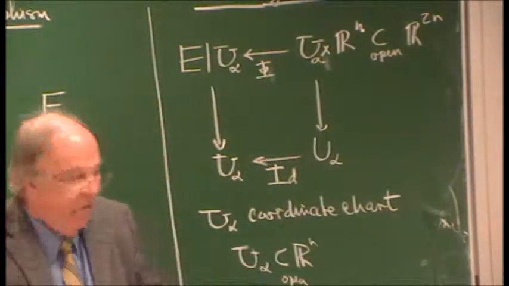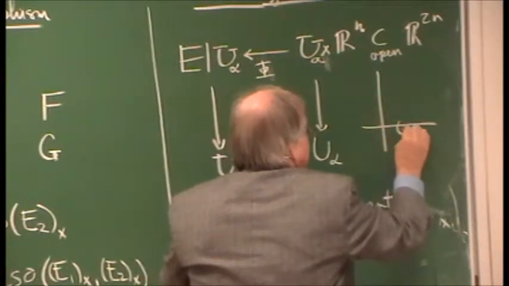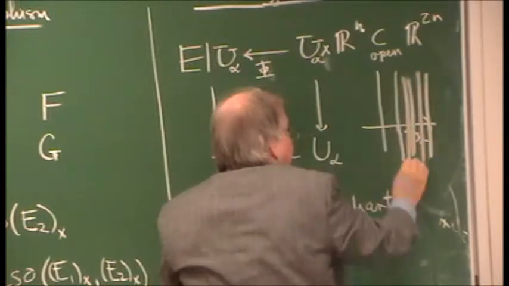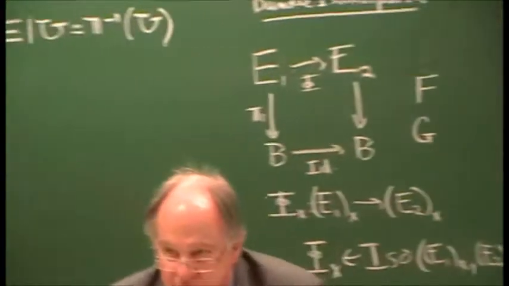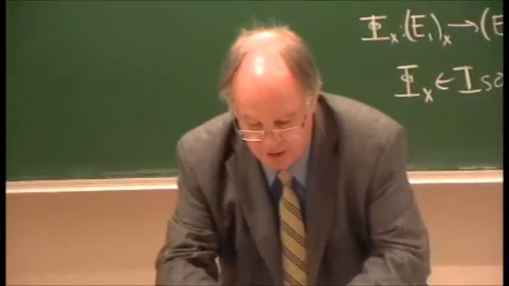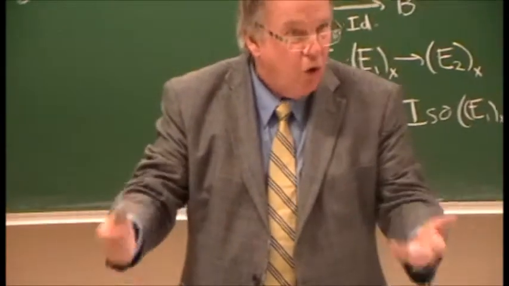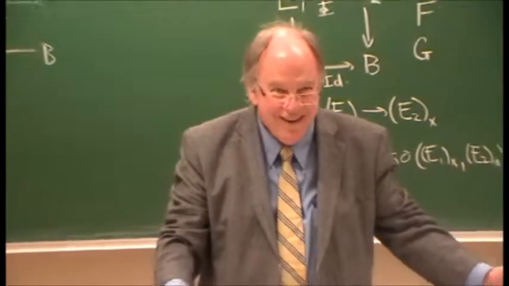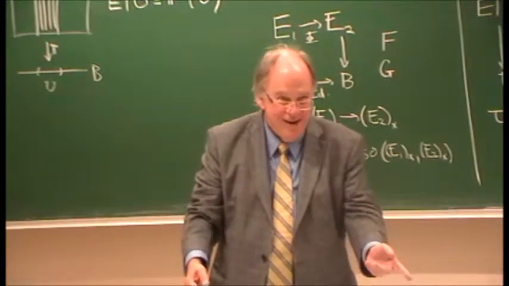But if you like, you could even think about it geometrically. Here is the first U alpha, but the second thing is very big. The coordinate chart's not just some little ball. It's just the first variable is in some coordinate chart, but the other thing is that. Okay, it's clear. It's a local trivialization. That's a product. That's really trivial. So you can tell your mother I talked about trivial stuff, and now